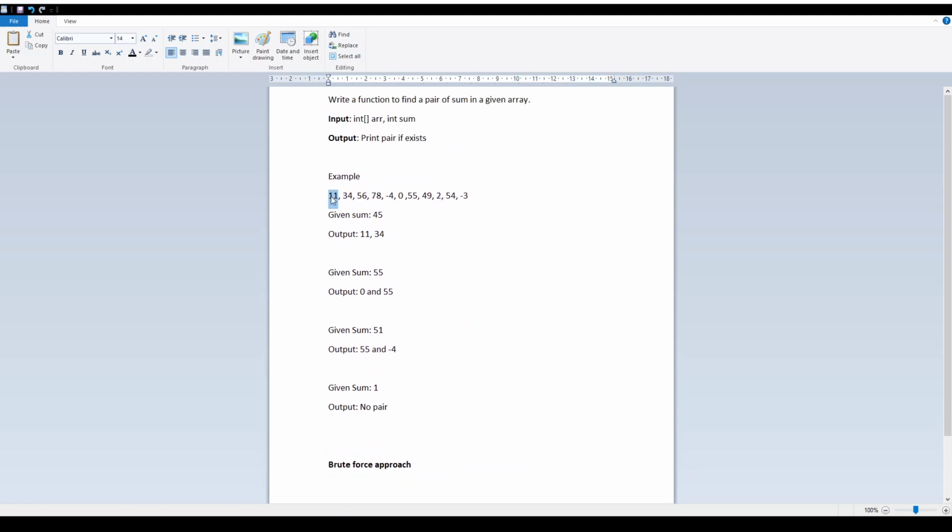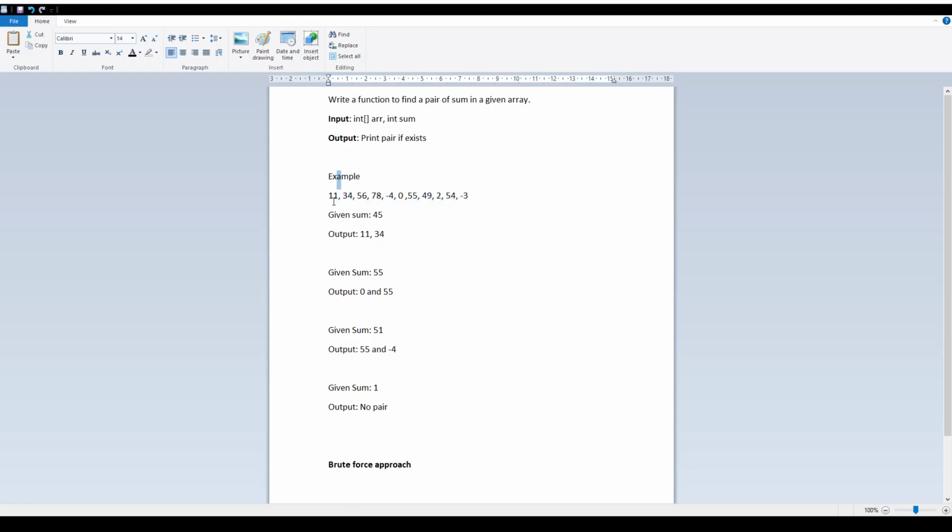So suppose the sum is 45. If I take 11, I'll match it with the subsequent numbers and see if I can get 45. 11, 34 is there, 45 I got. Suppose 55 was the sum. Then 11 is there and 34 no, 56 no, 78 no. Like this I will go.